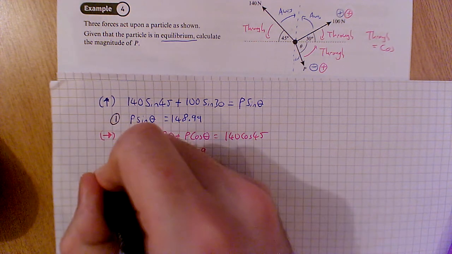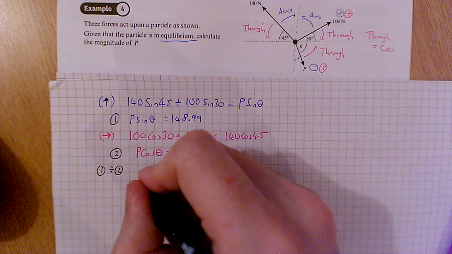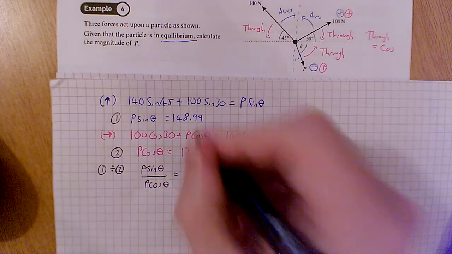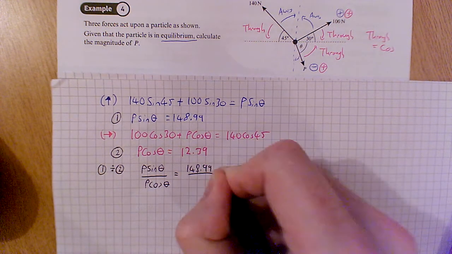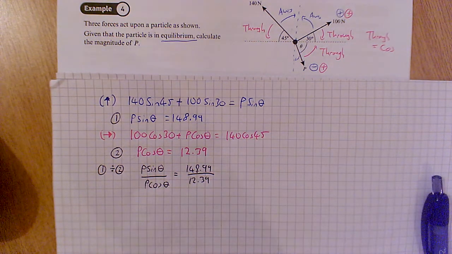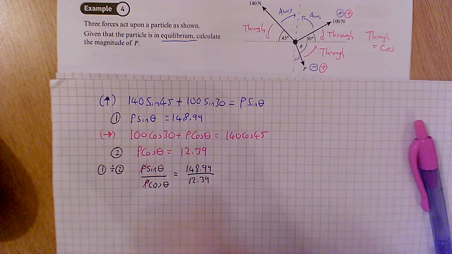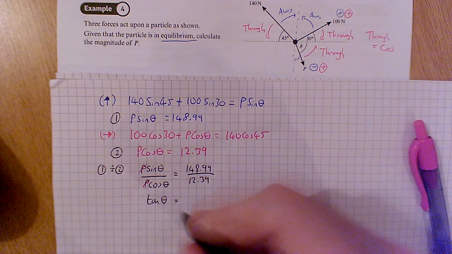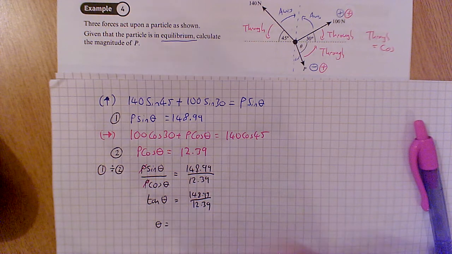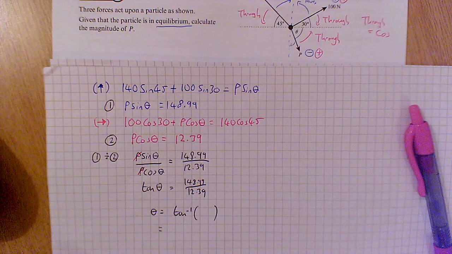Right, I'm going to divide the equation, well done if that's what you were thinking. So 1 divided by 2 will give us P sine theta divided by P cos theta on the left, and then 148.99 and 12.39. So why do we do this? Well, we do this because it will cancel out the P's. Right, P and P. Sine theta over cos theta becomes tan theta. And on the right, we've just got a number. I'll keep it as it is for now. Right, so then to get theta, we just have to do tan inverse of both sides. So theta equals